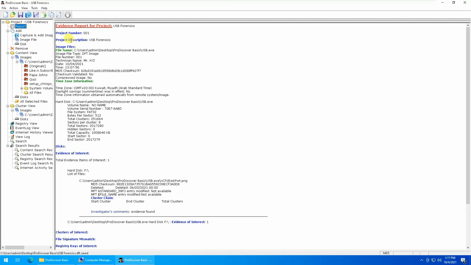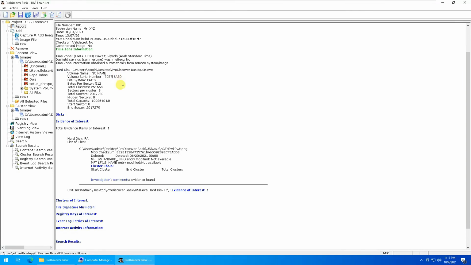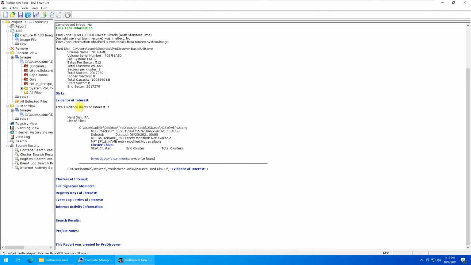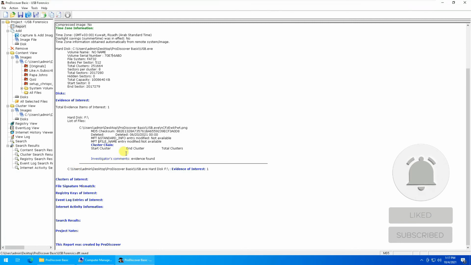Save the project, and once you click on report, it would generate a report showing the project name, the technician name and other details, the time zone, plus the volume number and the name of the USB that we imaged initially, the disk, and the basic forensics analysis that we conducted using the software.